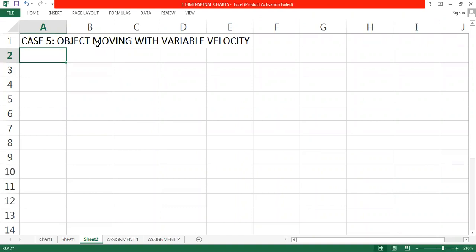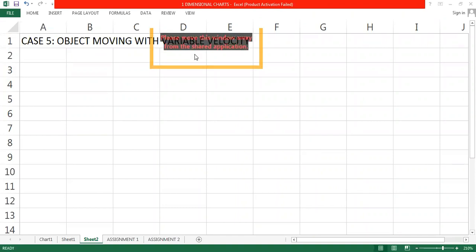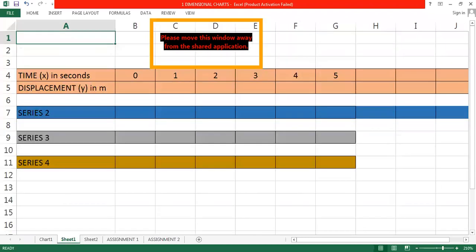If you recollect the idea of variable velocity, you will come to know we say variable velocity when the object covers unequal distances in equal interval of time. Exactly. So what is the meaning of the variable velocity? It means that whenever the object covers unequal distances in equal interval of time, we call such motion as variable velocity. So let's start with the chart.